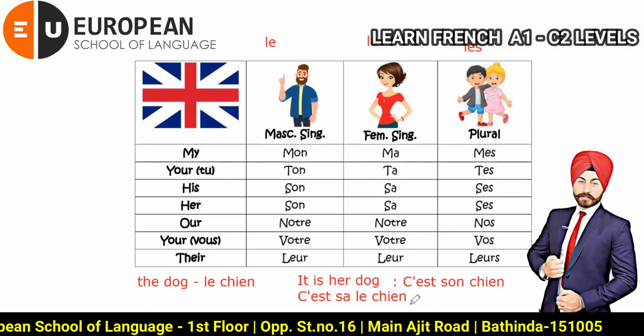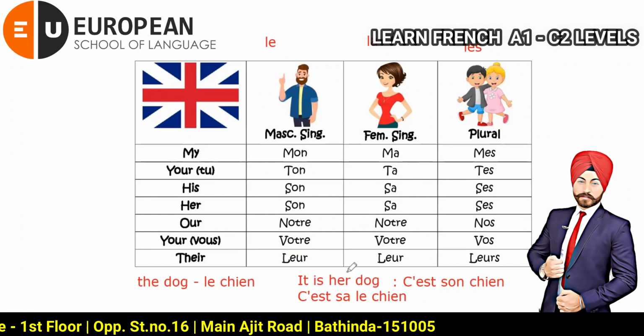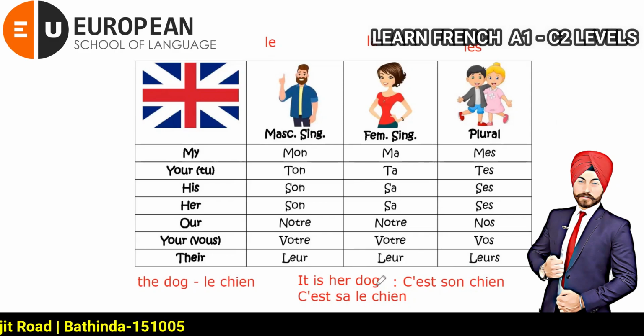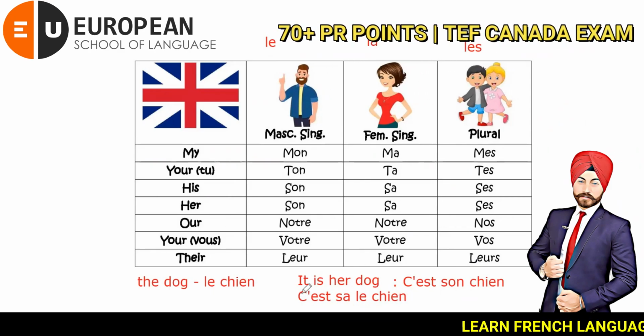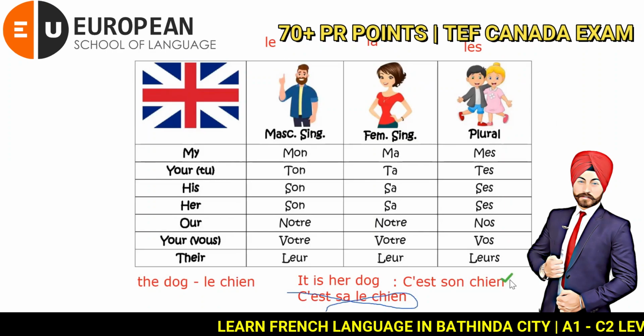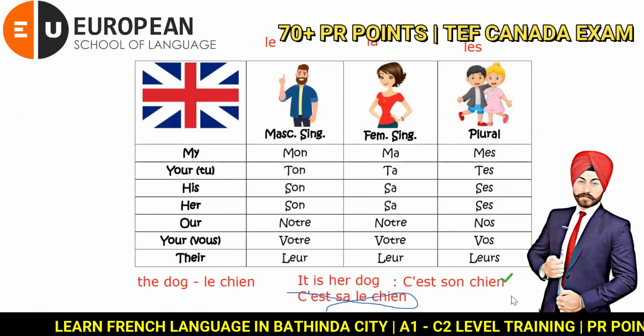इंग्लिश में भी हम ऐसे नहीं बोलते इट्स हर द डॉग. मींस अगर एक पोजेसिव आर्टिकल यूज हो गया तो हम डेफिनेट आर्टिकल नहीं यूज करेंगे. ओके, पोजेसिव एडजेक्टिव हैज बीन यूज्ड. सो हम डेफिनेट आर्टिकल इंग्लिश में भी नहीं यूज करते तो हम यहां पर क्यों यूज करें? सो ये जो सेंटेंस है दैट इज रॉन्ग. ओके, सो करेक्ट सेंटेंस इज दिस वन. से सोशिया. एवरीवन, is it clear?